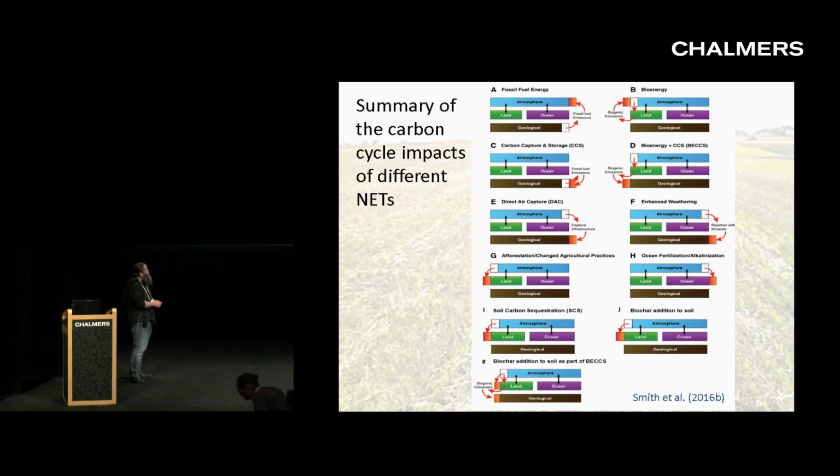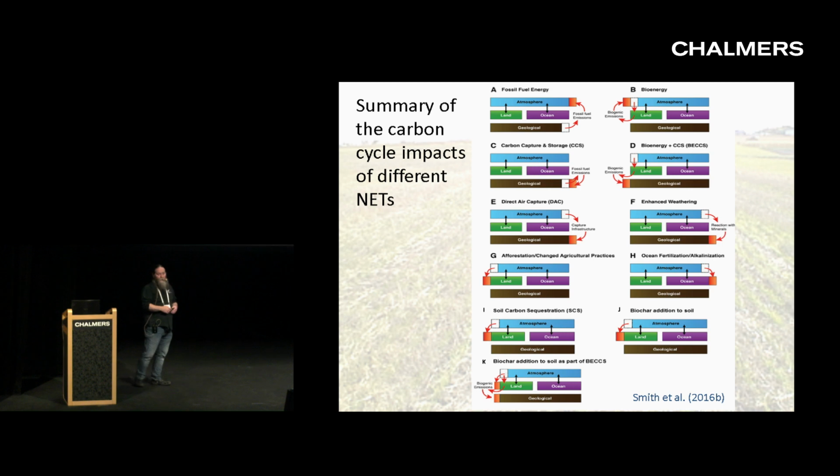With some of these other ones, if we just use bioenergy, again, this is not a negative emission technology. We're taking CO2 from the atmosphere and capturing it through photosynthesis, and then we're burning that biomass for energy, but that biomass is then going back into the atmosphere. So we're just cycling here. It's not carbon neutral, but we're just cycling the carbon between the land sink and the atmosphere. So this is business as usual. Neither of these are negative emission technologies, but from D onwards, these are all negative emission technologies